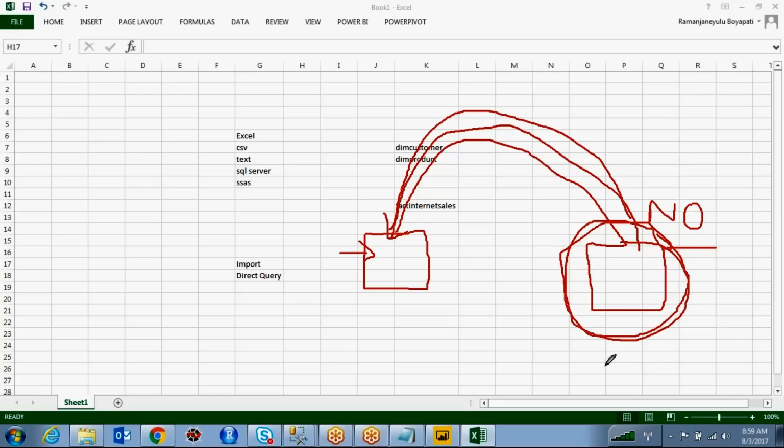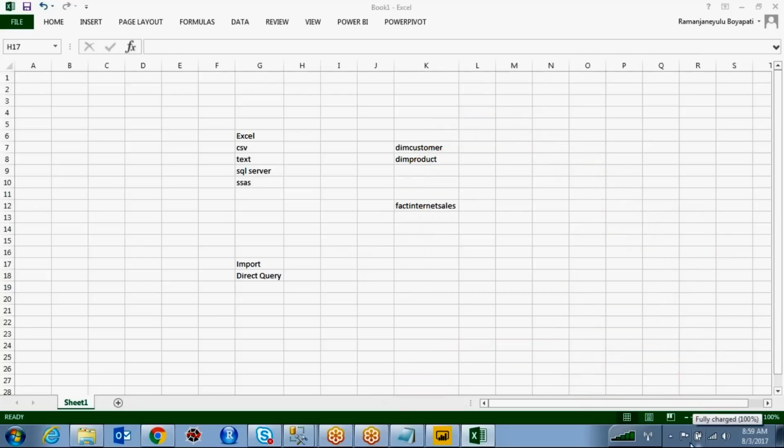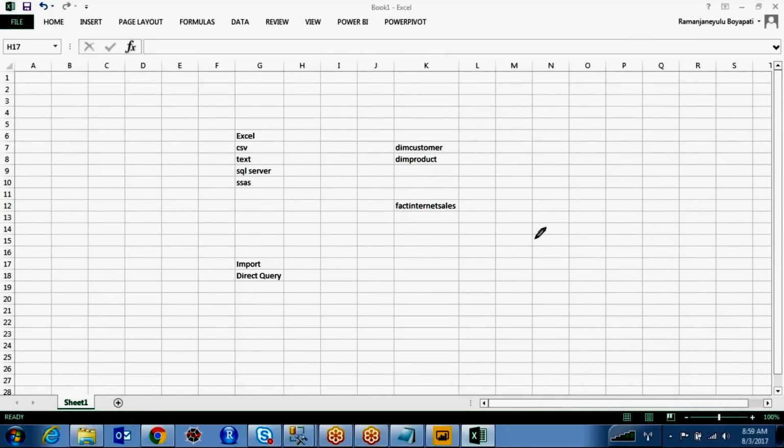Okay. For example, if you are going to design the same report from the Power BI service and you are using the import option, what will happen? It will use whatever space they have allocated inside the cloud. You can check. They are specifying 10 GB of space for you in the free trial version. If you are importing something, it will show you how much space it is occupying. In the cloud it uses cloud space, and on-premises it uses your computer space. Completely it will dump the data into your Power BI in memory.